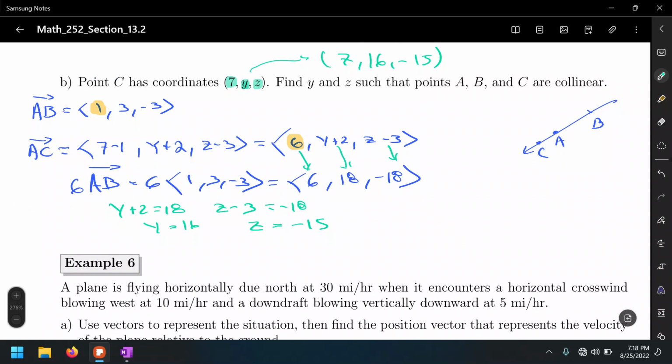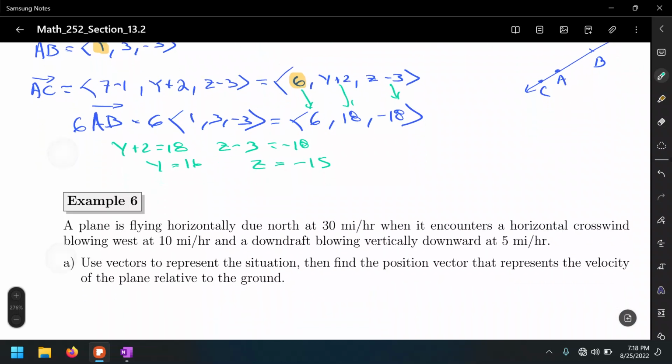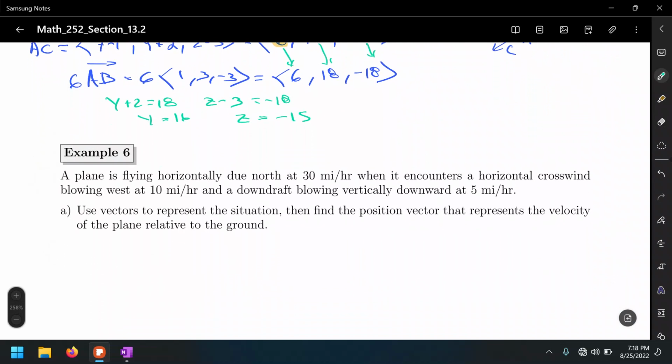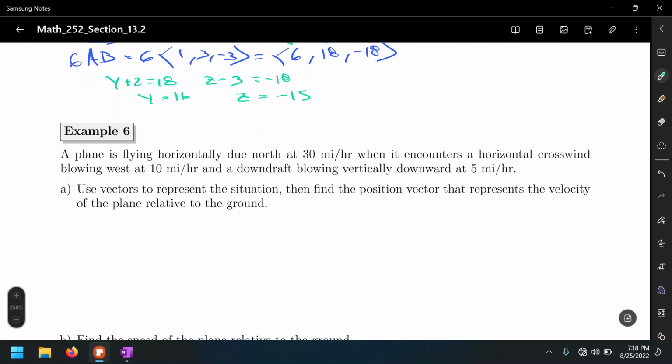All right, let's do one more exercise, and actually we will be done with the section. So this is a word problem with vectors in 3 dimensions. So what do we have? We have a plane flying horizontally towards the north at 30 miles